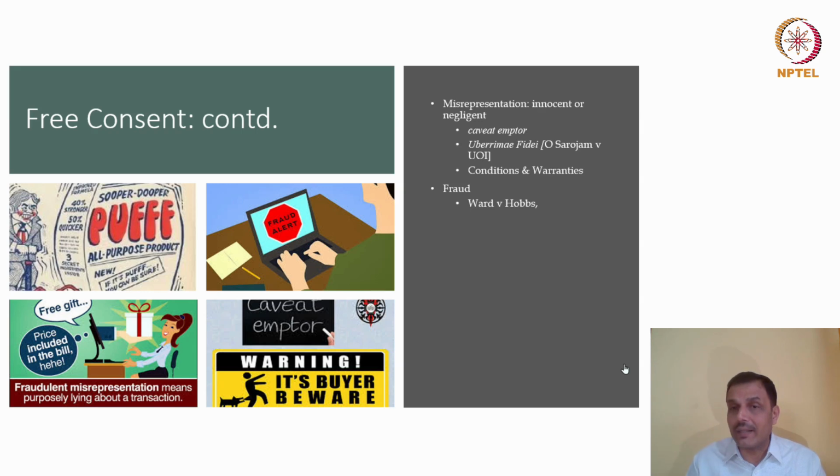Now, could the buyer, by any chance, have found out what these faults were? If he was interested, if he was aware, if he was cautious about his own obligations in a contract, I think the buyer could have found out. So it's not that representation or misrepresentation is the only issue. It is whether the buyer could have discovered the truth, and that is how the law is designed.